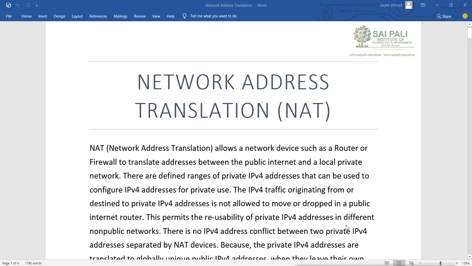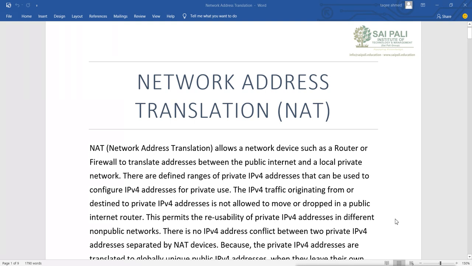Now when we use private addresses, we are not able to access the WAN connection. That means if our data goes onto the WAN network, and that data has a source or destination address that is a private address, it is not allowed to go to the WAN network. The routers and switches doing the routing and switching on the WAN network will not allow these private addresses. These private addresses are reserved by IANA from the ranges of the different classes